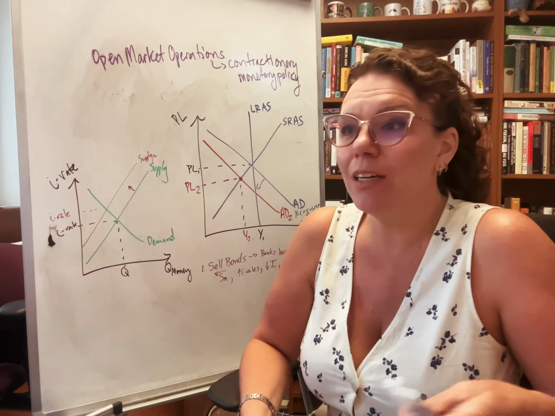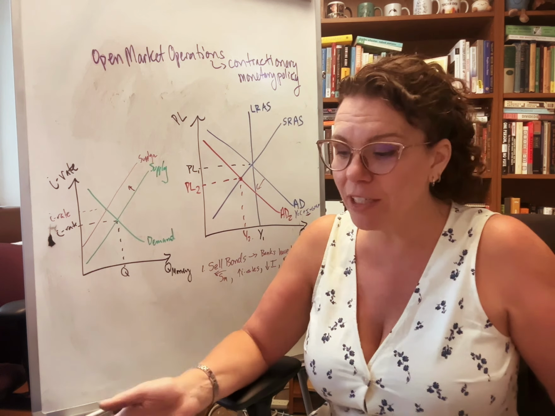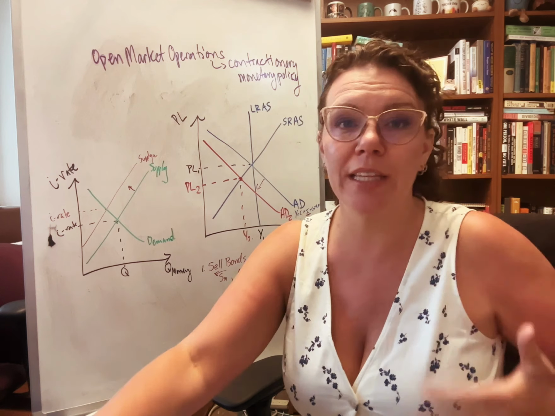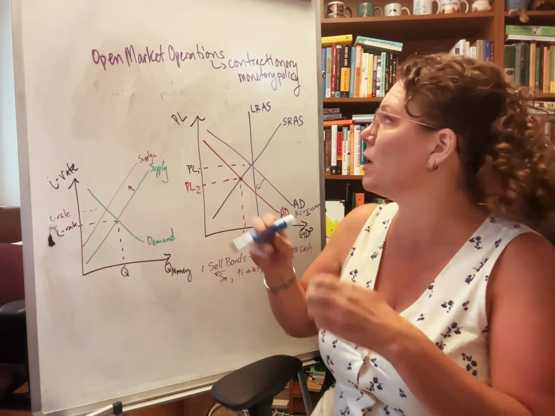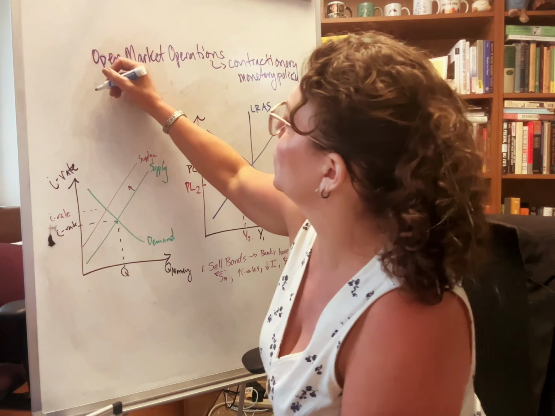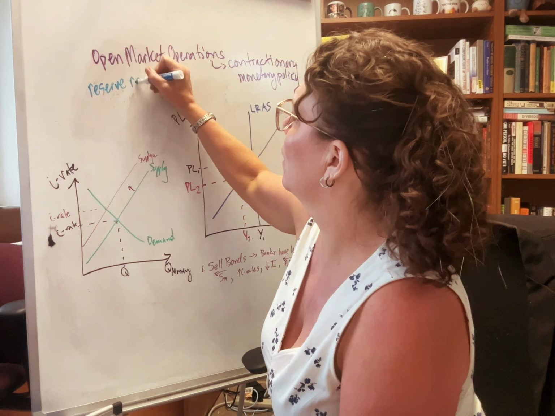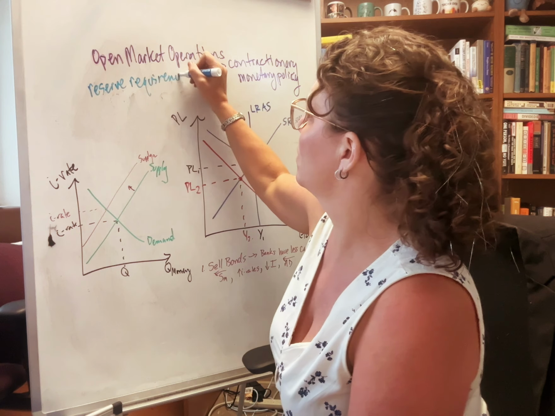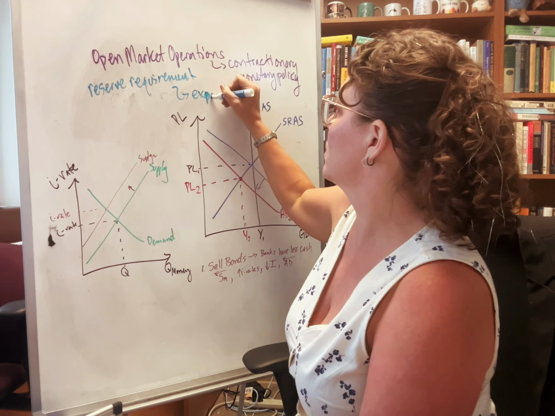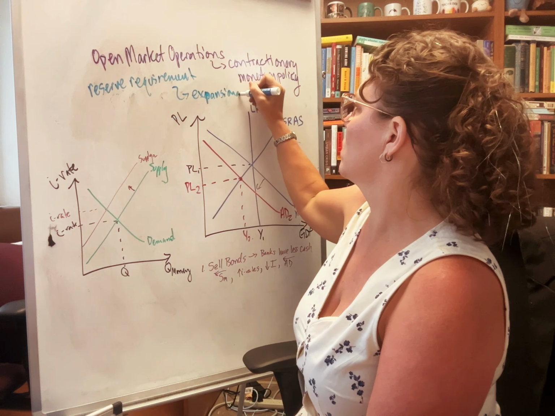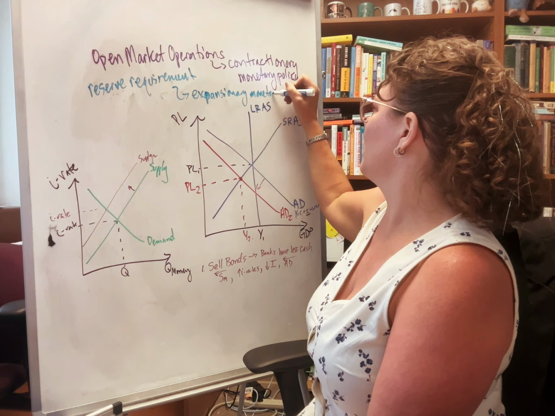In the next part, I say in the first quarter of 2025, uncertainty is harming GDP. Now we want to do the opposite. We want to expand the economy. We want to grow the economy, but this time we want to use the reserve requirement. And if we want to expand the economy with expansionary monetary policy,